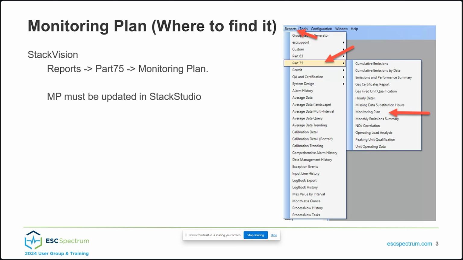Here in StackVision, if you go to your reports in Part 75, you can actually identify the monitoring plan that is configured right now. Again, the reason I bring this up is because in Stack Studio, when you override a monitoring plan, it overrides the one that's already pre-existing. So it's a very good idea, if you have the possibility, to save the old monitoring plan in case there's changes that you were not expecting or did not mean to do, and you could revert back to the old monitoring plan. That's something that customers kind of get into sometimes. So just kind of a